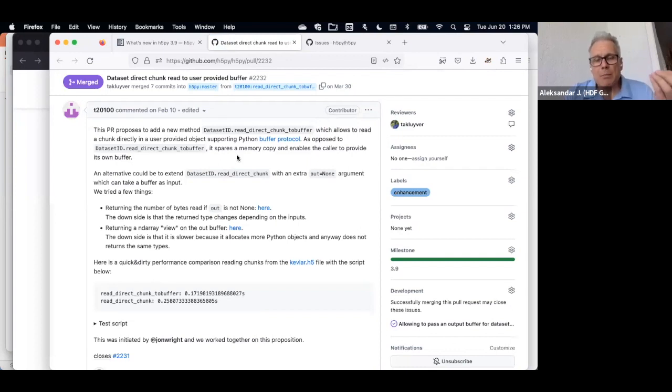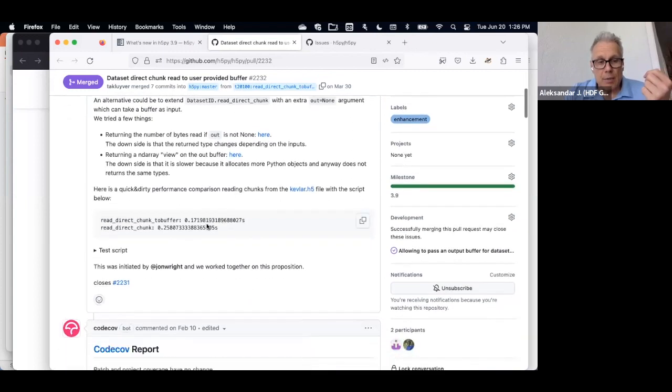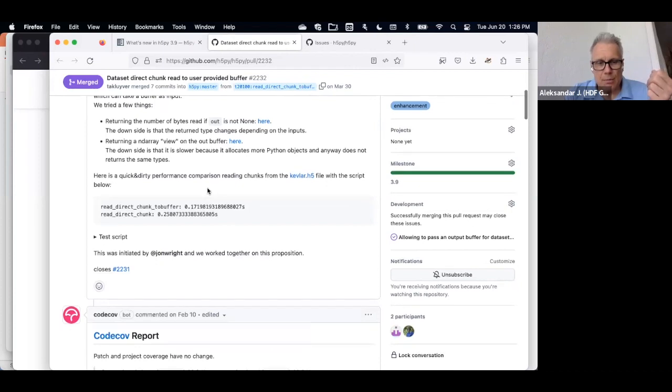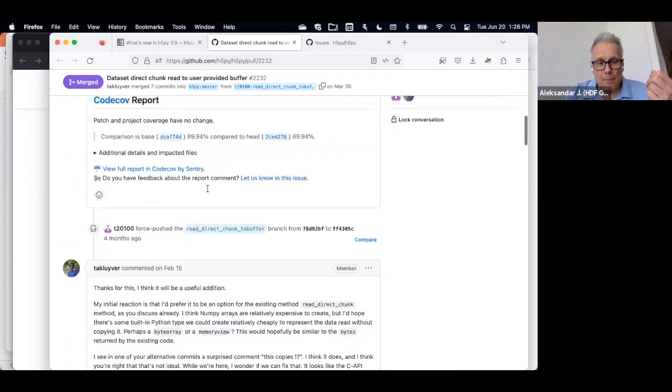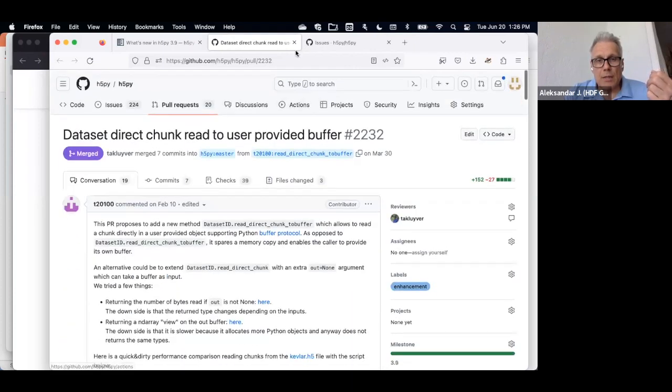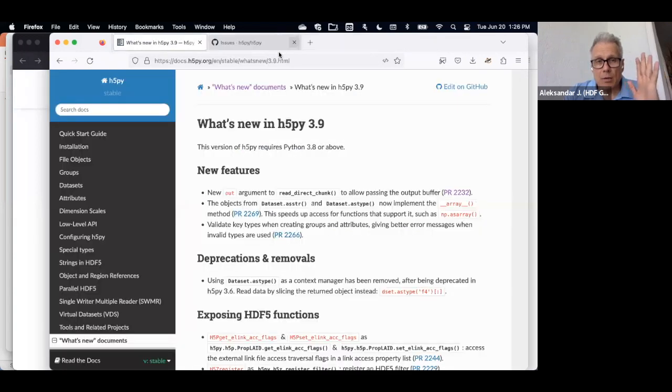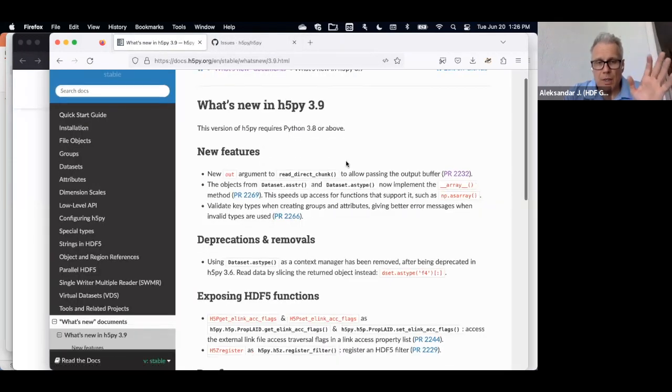The idea is that it makes passing data between Python objects and the HDF5 library even faster, for reading and writing. Someone actually measured it, and there was some improvement shaved off. So that's now in the new release. And if anyone has any questions, please stop me at any time.